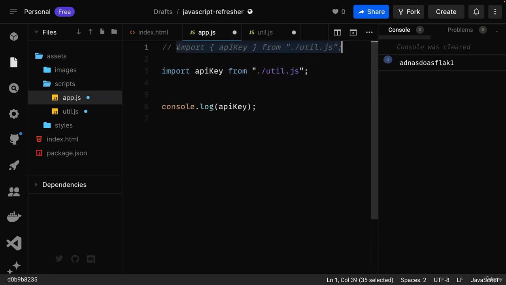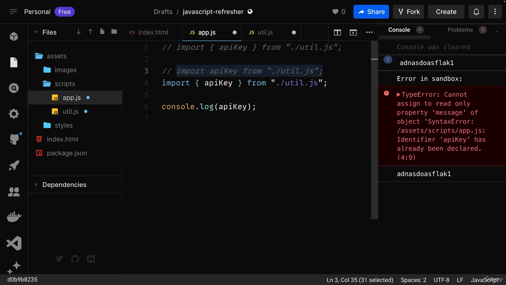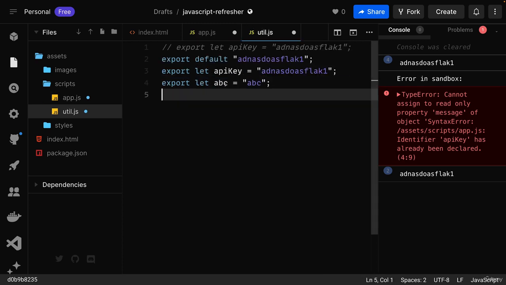Of course, you can import those named things like this, import API key, for example. I'm just going to comment out this import so that we don't have a name clash. And you could then import all the named things by separating them with a comma here. That's how you would import multiple things from the same file if those things are exported as named exports,